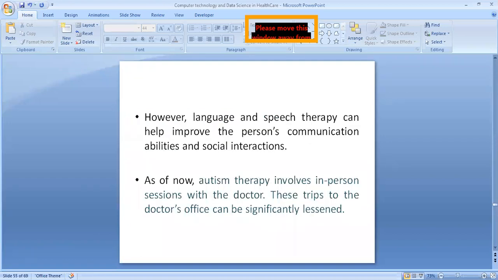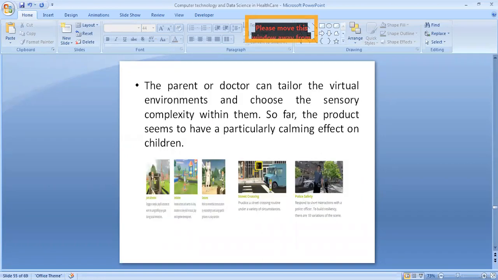Earlier, the rehabilitation procedure for such a child would be taking the child to the doctor. We have several sessions, and they would be provided with assistance from a caretaker or an individual. But now we have virtual environments created so that the child can be devoid of the fear that they have in mind. They can actually move on in the virtual environment that has been created for improving their abilities.